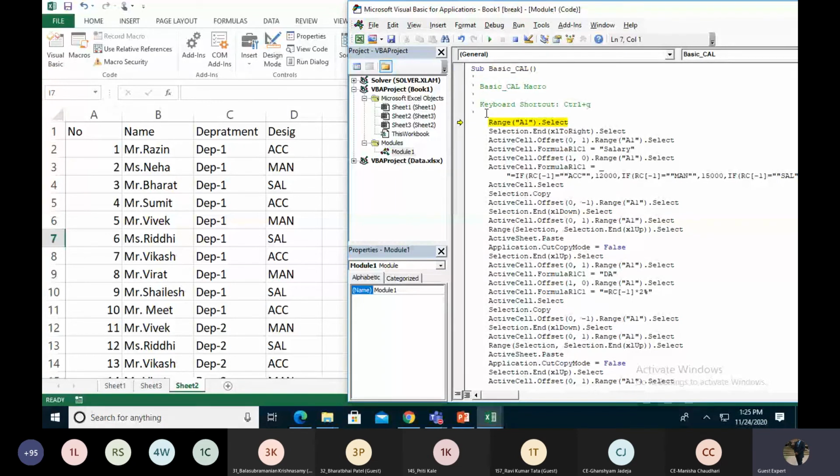So first of all, it goes to the A1 cell. F8, it goes to the A1 cell. Then it selects to the right side. So it does the jump from A to D column. See, it is doing the jump. It's not going to A, then B, then C, then D; it directly jumps from A to the D column. Then, using use relative reference, which should happen only in the relative section, it goes into the right side. On the right side, it has to mention the salary.